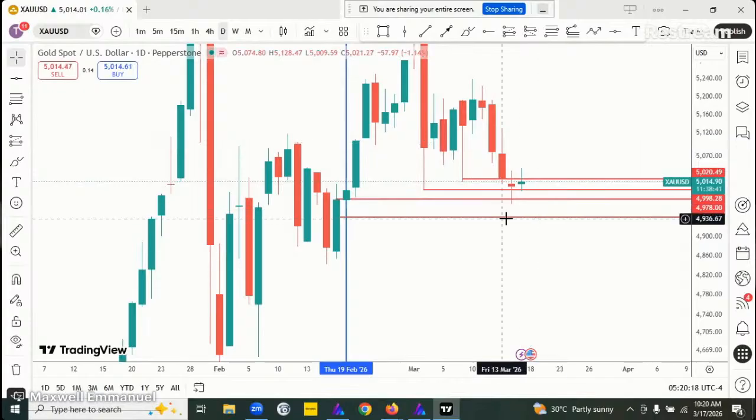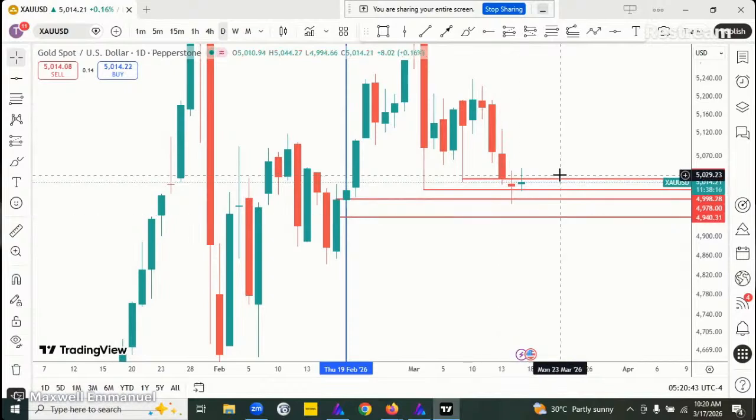I'm patiently waiting. I took my buys on GBP USD and Euro USD yesterday. I'm out. I'm patiently waiting for the sell on those pairs, and that will be after FOMC. You have to be patient to execute your trade at the right time and at the right price. FOMC is what will inject volatility into the market this week. So you want to wait for the major move.